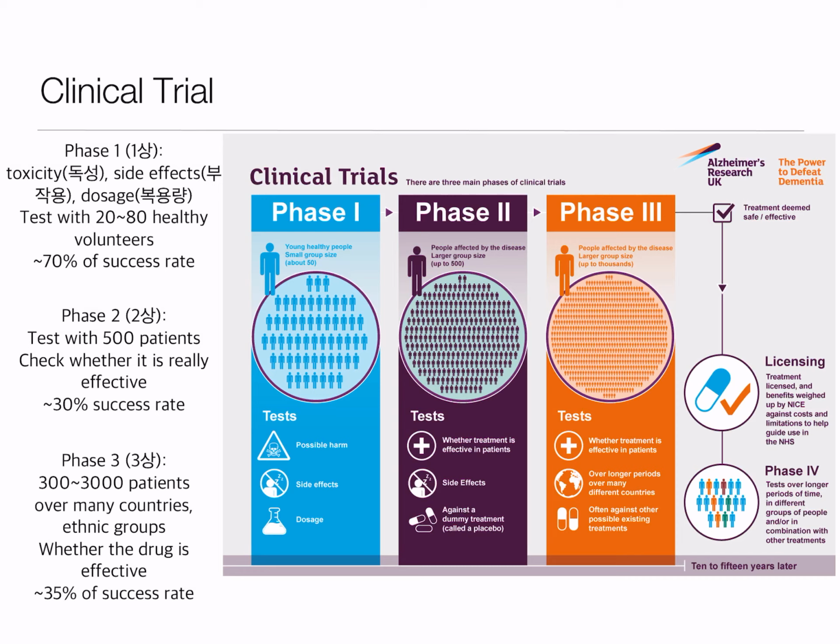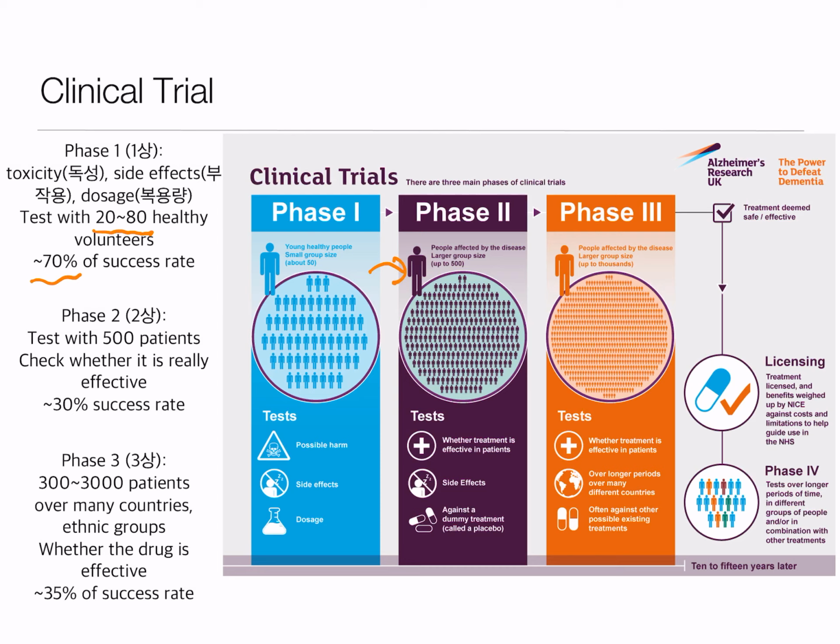So during phase 1, it is done with 20 to 80 healthy volunteers. And the success rate of phase 1 is about 70%. So they recruit healthy volunteers, and they dose a small amount of drug, and they increase it little by little and see whether it has some side effects. So if it is proven that there is no side effect, or it is non-toxic, then it passes to the